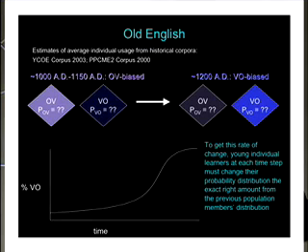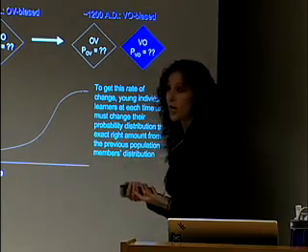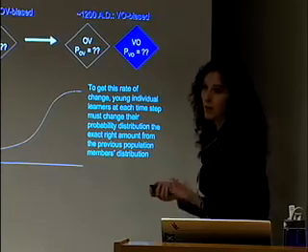So basically the data that we have available from this time period suggests that between 1000 and 1150 AD, you have a population that's very biased to use the object-verb order. Individuals have a strong tendency to use that particular word order. And this shifts somewhat dramatically by 1200, within a reasonably short amount of time, to being strongly verb-object biased.